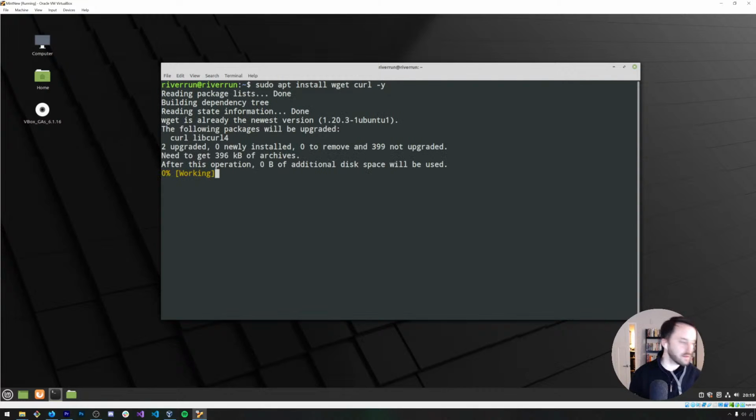Install wget and curl. Then we'll install Zed Shell, and then we'll either wget or curl down Oh My Zsh.